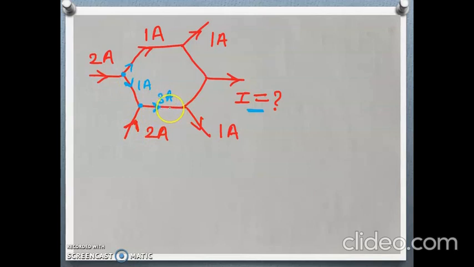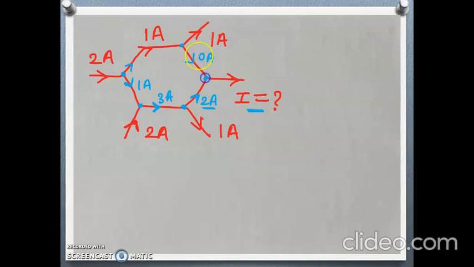Okay. Now this 3 ampere is coming from here. 3 ampere is coming and 1 ampere is going outside. So this will be remaining 2 ampere. Because 3 ampere is coming, 1 ampere is leaving. So this will be at this point 2 ampere is leaving this node. Here 1 ampere is coming and 1 ampere is leaving. Totally 1 ampere is leaving through this path. So here current will be 0 ampere.